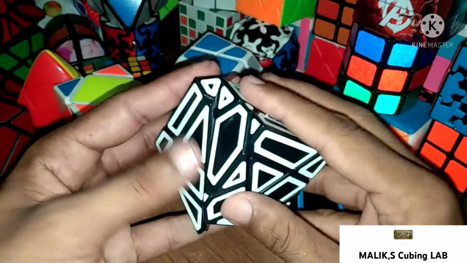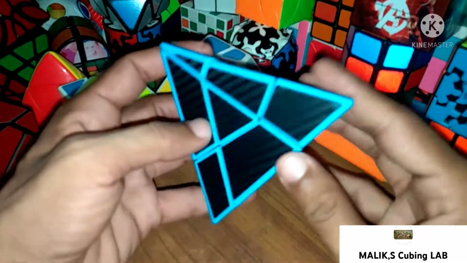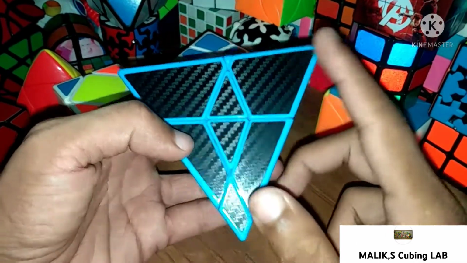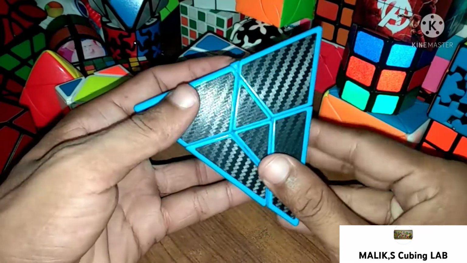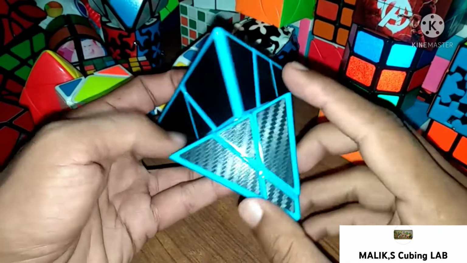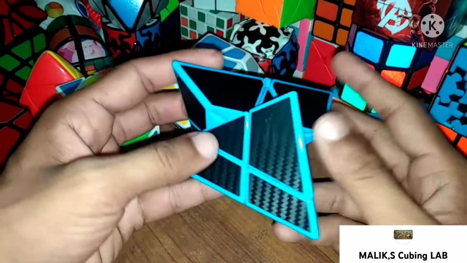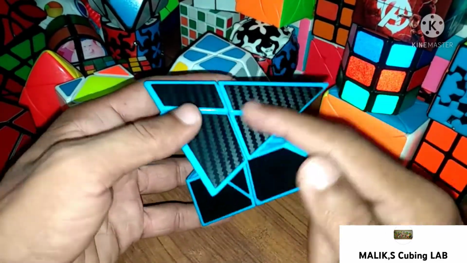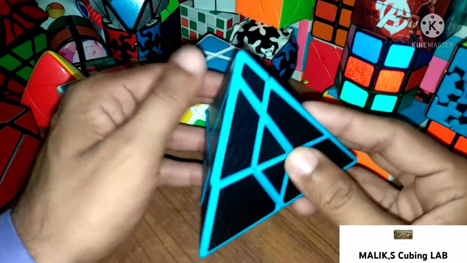So in every ghost cube, if we want to rotate our cube, our first step is to misalign our cube. Now you can see this is in its original shape, so we cannot rotate this cube because these lines are not matching properly. So if we match these lines like that, now you can see on every side our lines are matching. We can rotate from this side, from this position, from this position, from this side. So on every side we can rotate our cube. It means our first step is to misalign our ghost Rubik's cube.